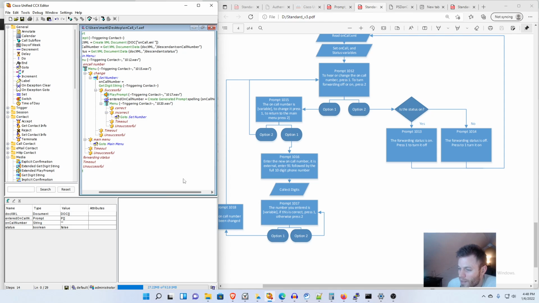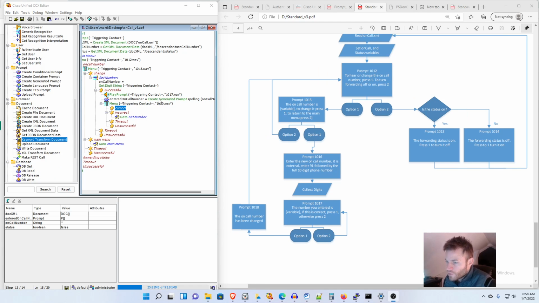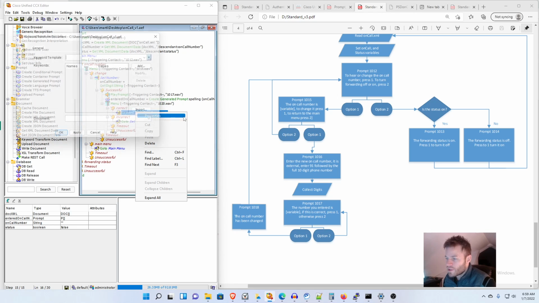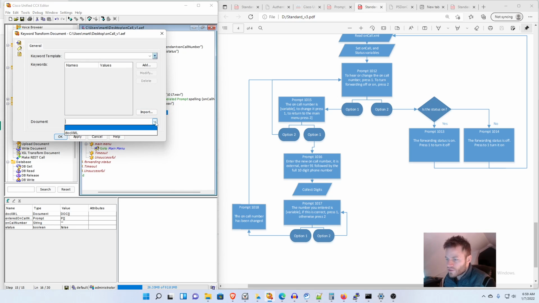However, if it is correct, then we want to transform that XML document and then upload it. So if it was correct, then we are going to want to transform the XML document to those variables. So back in document, I'm going to drag in the key transform document step, and then I'm going to go into properties, and the resulting document is going to be doc.xml, and then let's look for the keywords we want to transform. So we'll click add,